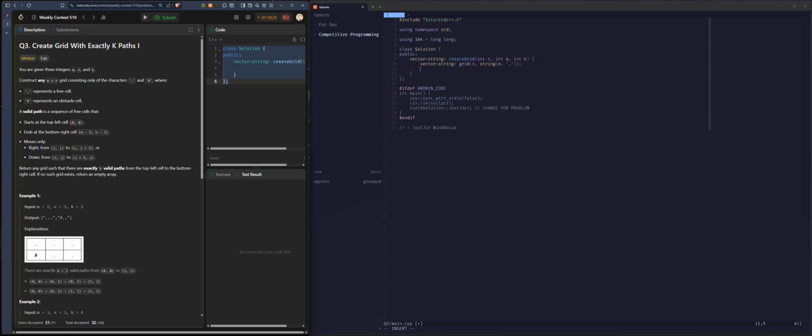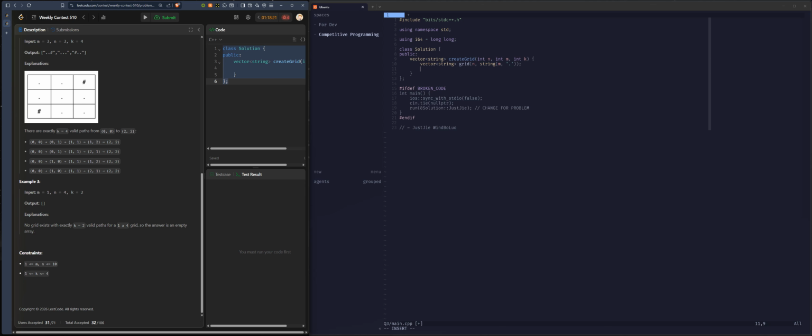Okay, so k is really small. So exactly k valid paths. So suppose we just want one valid path, then that's pretty easy, right? So let's try to brute force first, because let's try to do case analysis with this. So suppose k equals 1, right? Then